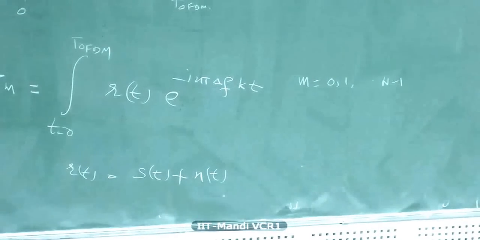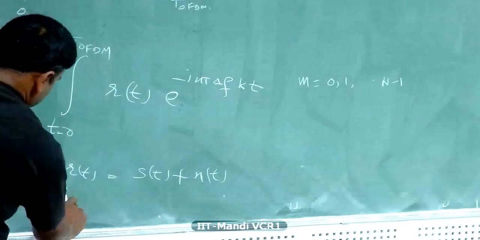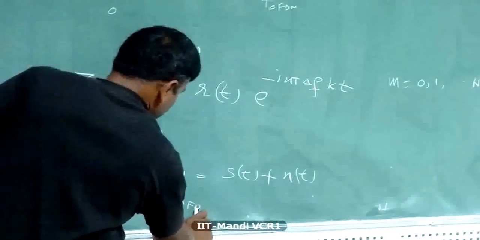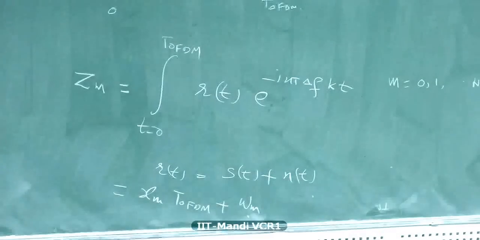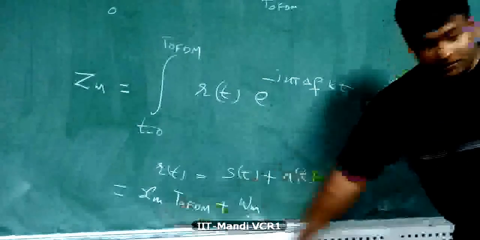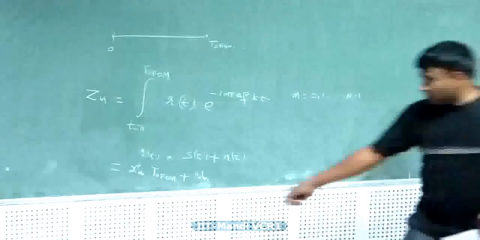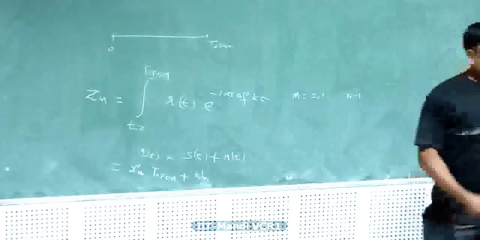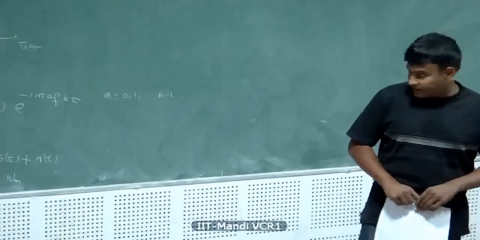Okay, and we have shown that this decision variable Z of m can be represented as x of m times T OFDM plus some additive white Gaussian noise W of m. Okay, once you bring this to this particular form, you are ready to demodulate your data x of m, right? You know how to do that? You pass it through a maximum likelihood demodulator. Basically, in its simplest form, if x of m is M-ary QAM or PSK, you proceed with a threshold detector or something like that. Okay, you have studied this, right? In digital communication.